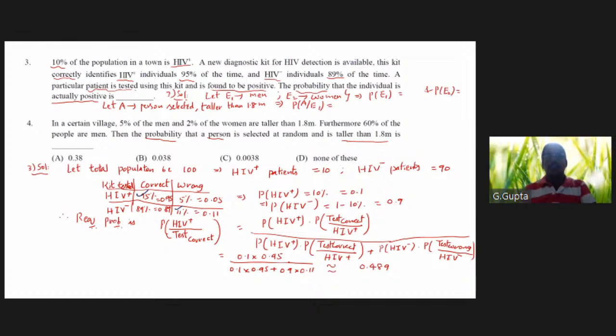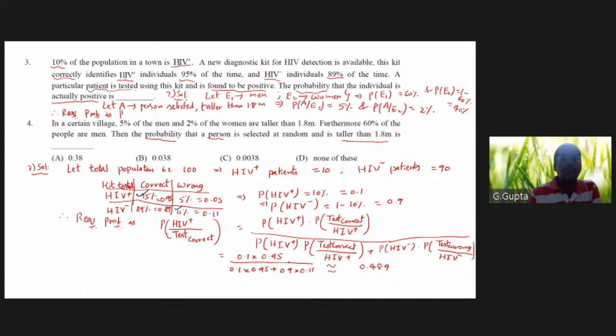See, here it is given, furthermore, 60% of the people are men. Remaining: 1 minus 60% is equal to 40%. Among men, the probability of being taller than 1.8 is given, that is 5%. And probability of A given E2, from a woman taller than 1.8, is 2%. Therefore, the required probability is